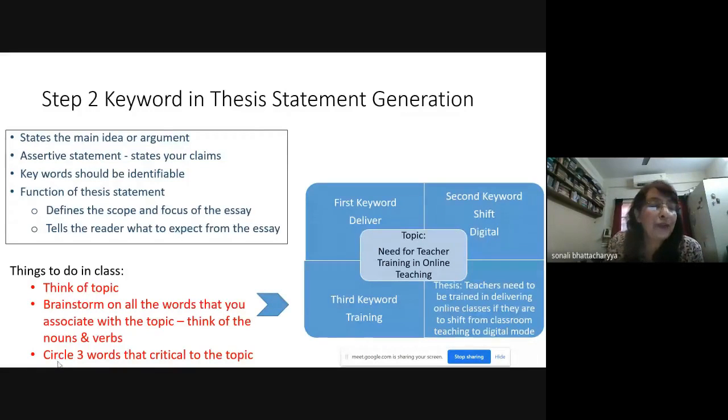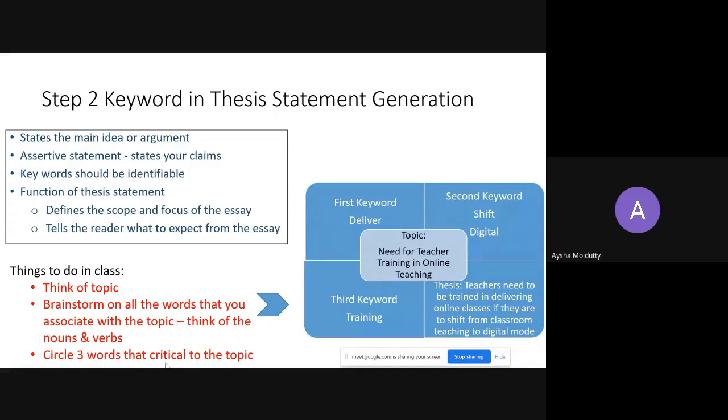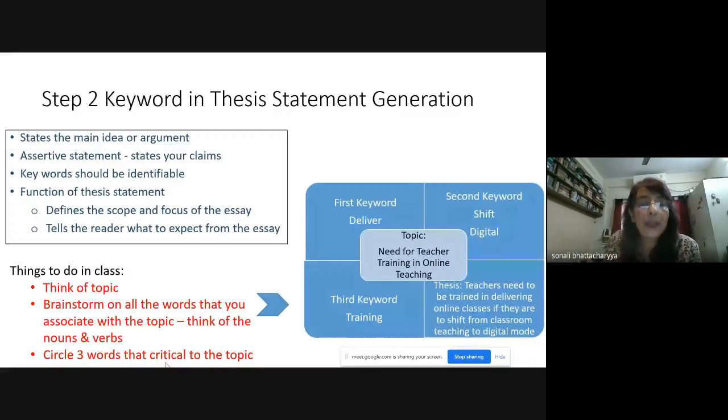this red point over here, circle 3 words that are critical to the topic. So this is where they have to zero in. Focus on 3 words which are critical to this topic. All right. So once they have identified the 3 or 4 keywords, that's what's going to help them to design